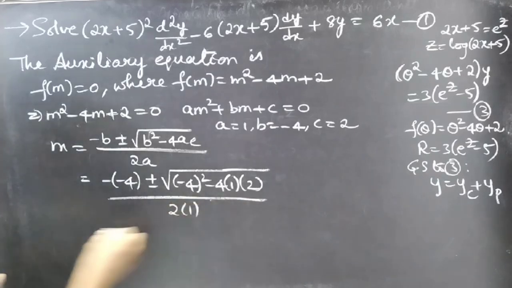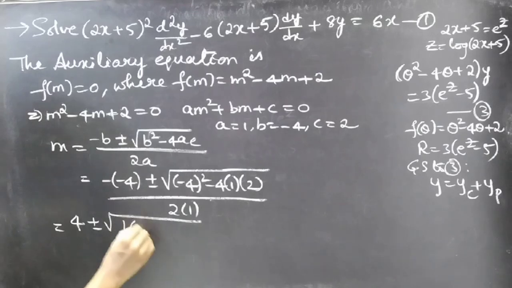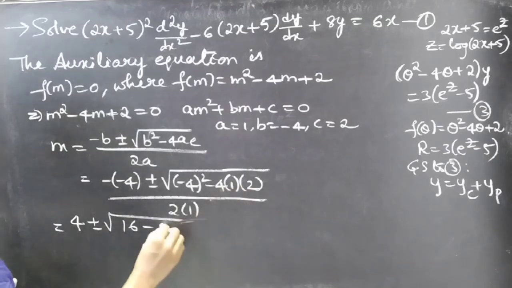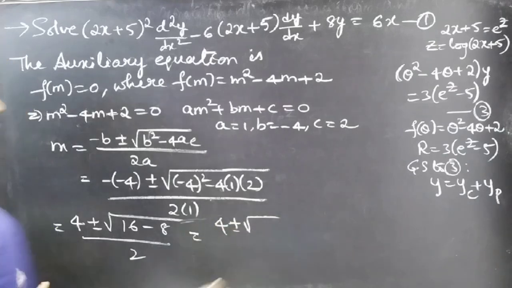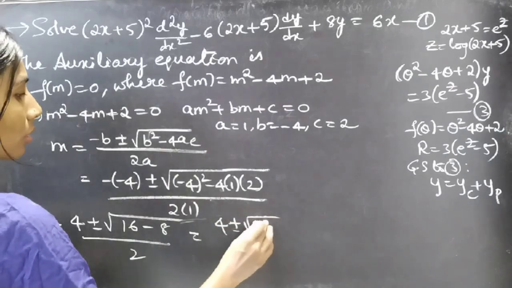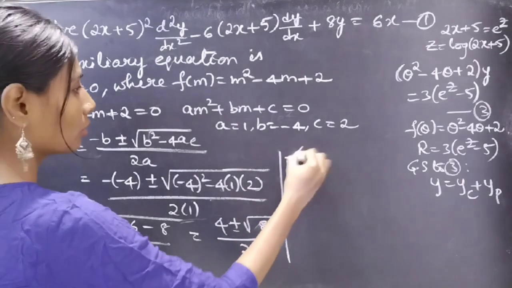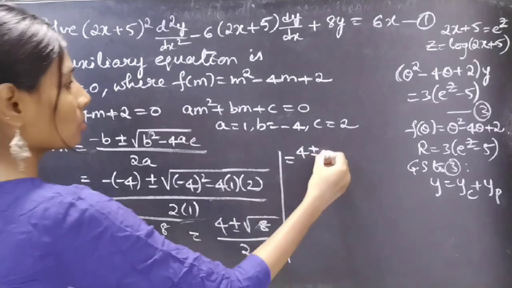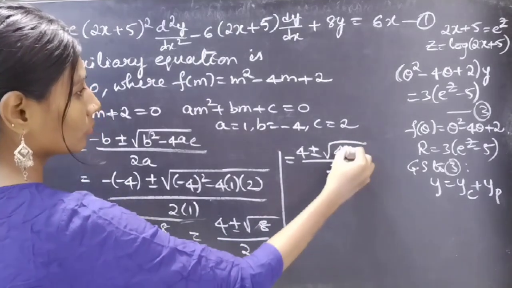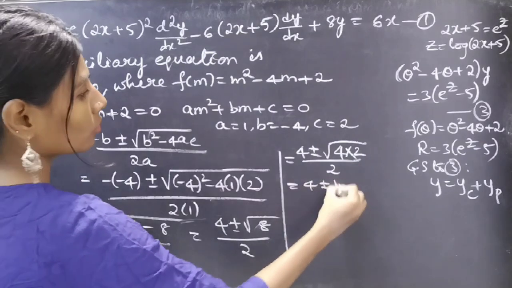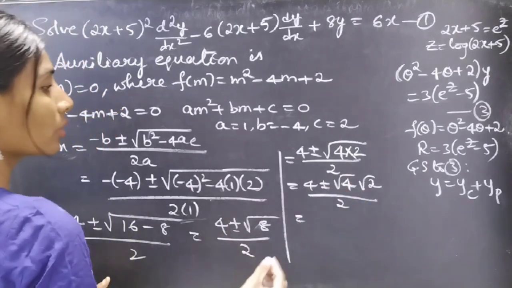by 2 into 1, which gives us minus into minus plus 4 plus or minus square root of (minus 4) whole square 16 minus 4 times 2 is 8 by 2, which gives us 4 plus or minus square root of 16 minus 8 is 8 by 2. You can write square root of 8 as 4 into 2. Now split the square root as square root of 4 into square root of 2. Since we know the square root of 4 is 2,